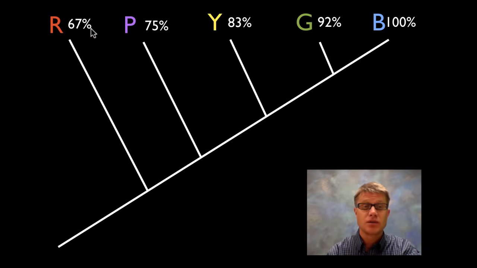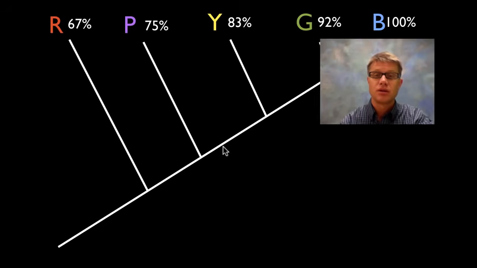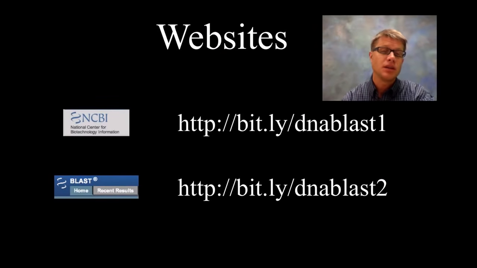In other words, since red is only 67% similar, that means that it diverged from this lineage that eventually goes to the blue. And so when you say that the chimpanzee is 96% the same as the human DNA, what we're looking at is comparing the DNA and saying it's more like that of us than it is like a gorilla or an orangutan. Okay, so in this podcast, for the rest of the time, I'm actually going to show you